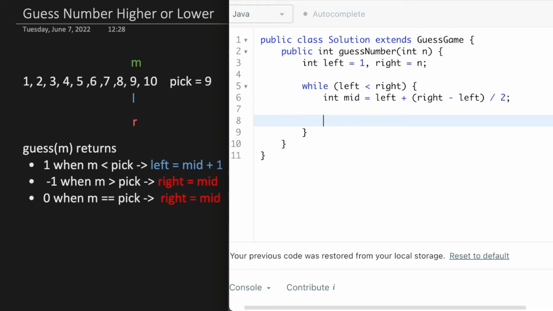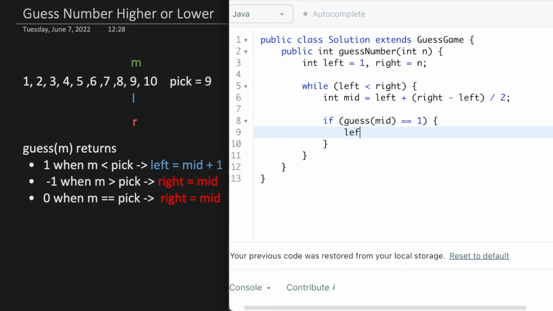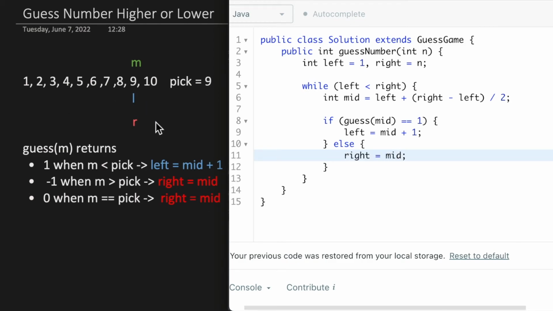function. So we can check if the guess function is equal to 1. In that case, we're going to move the left pointer. So if the guess function of mid is equal to 1, we're going to move the left pointer to mid plus 1. And otherwise, we're going to move the right pointer to the midpoint. So right assigned mid. At the end, left and the right pointer will meet when it breaks out of the